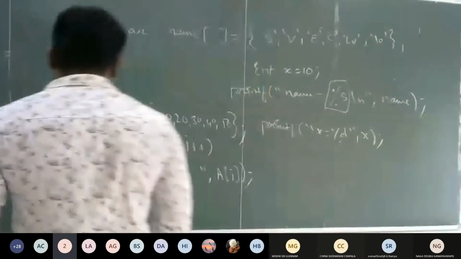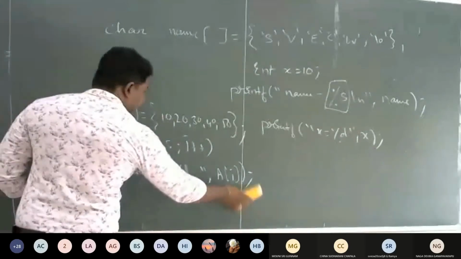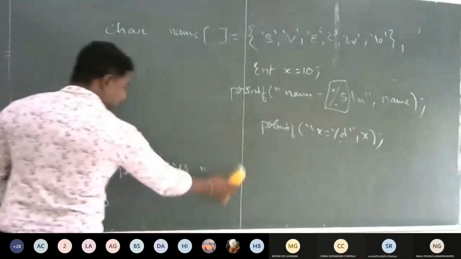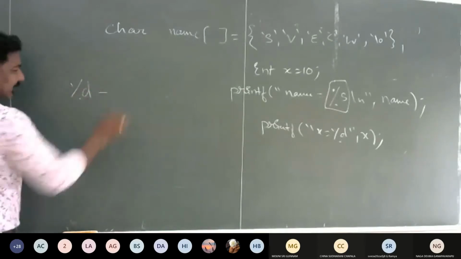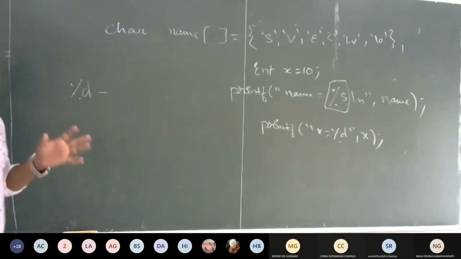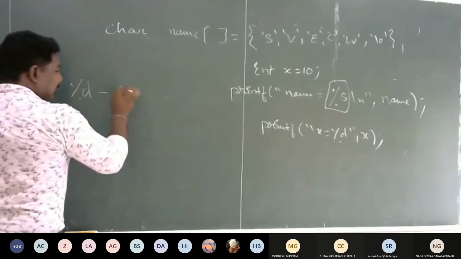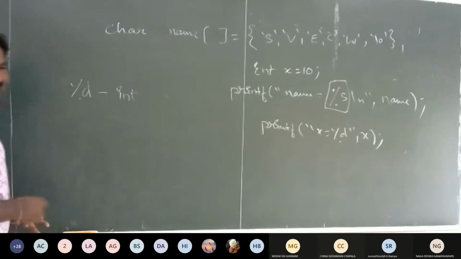Now, what you need to understand is, if you consider all the format specifiers, we have %d, which is used for the integer data type.